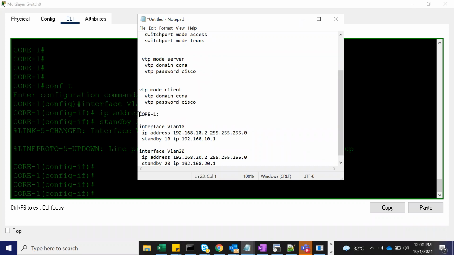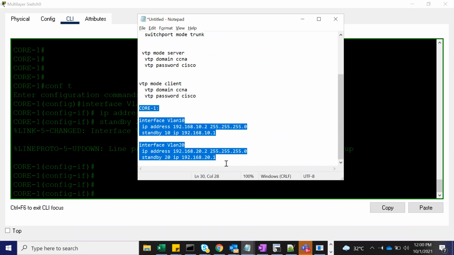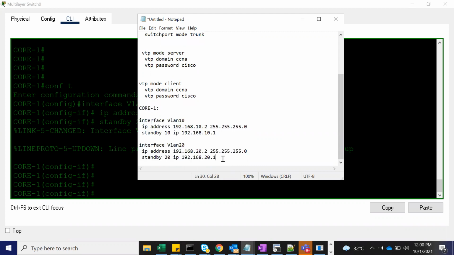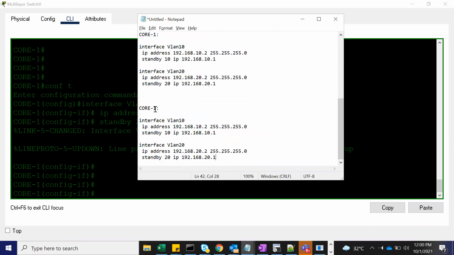These two configurations. So I can just copy it and make this for core 2 also. For VLAN 10 on core 2, this IP address will get changed only. I'm giving 192.168.10.3, but standby will be the same.